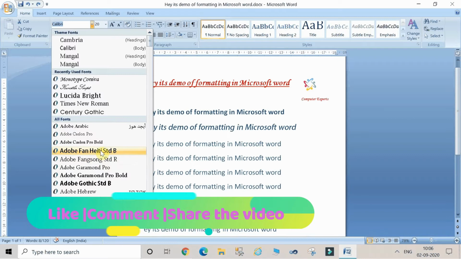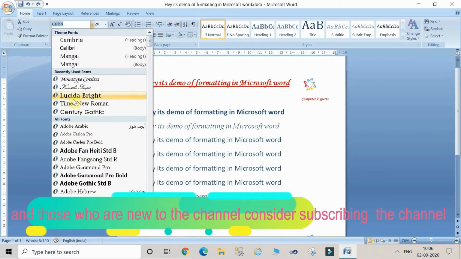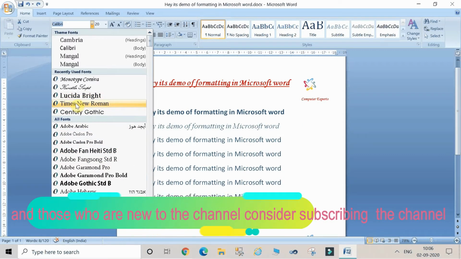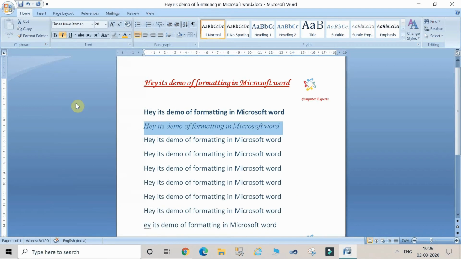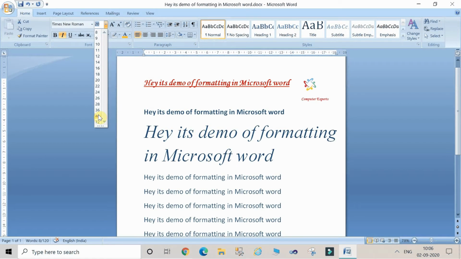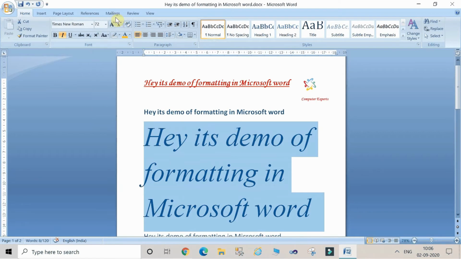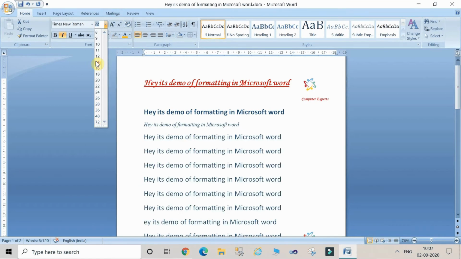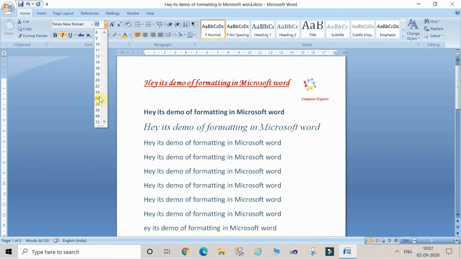You can choose which you want to keep, like Times New Roman. Okay, the font is now changed. Now you want the size to increase. For this you just go to the drop down menu and select a size like 48, 72, 32 or something else. Like let it be 26, right?